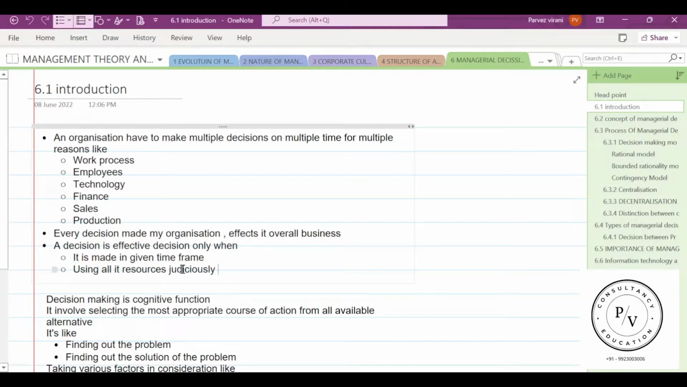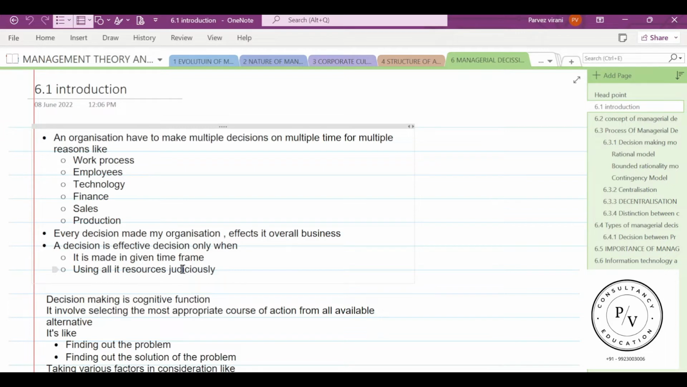Okay, good morning, guys. So we are on chapter number 6. It's managerial decision making. So it has 6 subtopics, and let's start with the first one, 6.1. It's introduction. An organization has to make multiple decisions at multiple times for multiple reasons like work process, employees, technology,